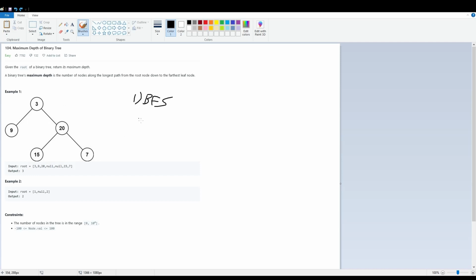Second way would be breadth first search, or sorry, depth first search. Is where recursively we travel down each node's children, okay, and then travel through this guy's children over here, okay, and then along the way, while we do that, we increment a counter every time we go down by 1, okay. So for example,